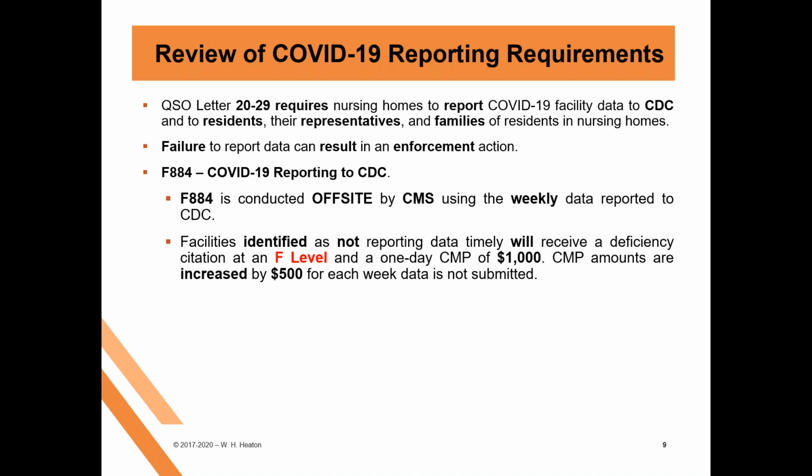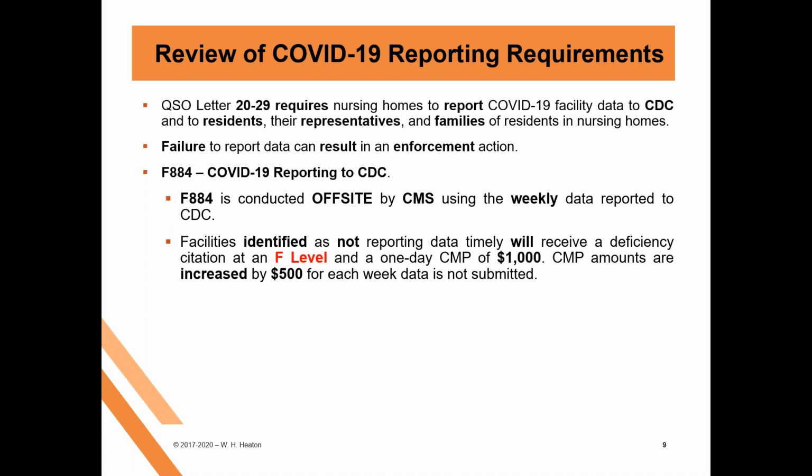But the way the penalties work is if you fail to provide it timely, every week, the first week is $1,000. The next week is $1,500. The next week is $2,000. So it's $500 added to the $1,000 every week. It's a cumulative total. If you failed to submit data, or it didn't go through, or it didn't pass the quality check,